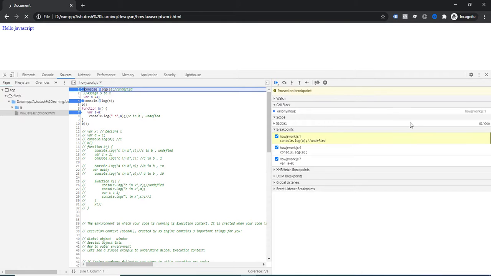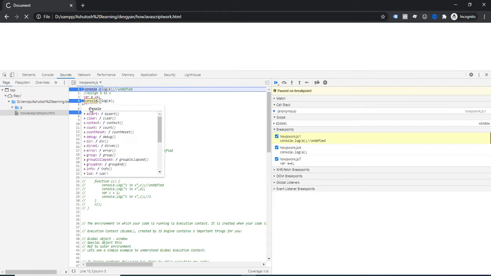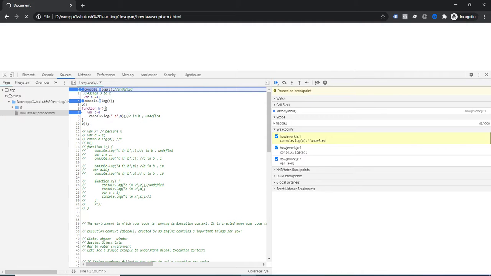Now you can notice in the call stack, first of all, what happened behind the scenes? As discussed previously, in the creation phase, during parsing, it will try to find the variables and functions. So it finds the variable a and the function b. They will store their values in memory. They will set up the memory, and the initial value of the variable will be undefined, and then after that execution will start. So where is the memory and how is it stored? It will be stored in a scope.